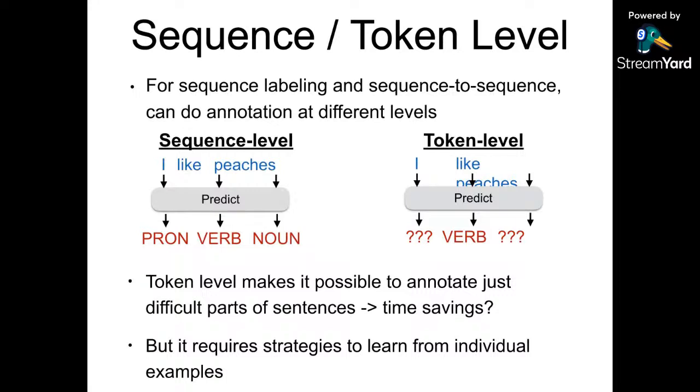For sequence tagging and sequence to sequence, we can do active learning at different levels. For example, "I" will be a pronoun, "like" will be a verb, "pictures" will be a noun. Token level will ask the human to label only selected tokens, and sequence level will ask the human to label all the words. Token level makes it possible to address difficult parts of a sentence. If we highlight "pictures", it will ask the human to annotate only it, which takes less time than labeling everything. So it saves more time at the token level,